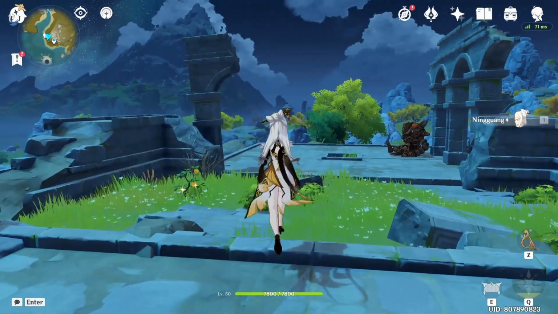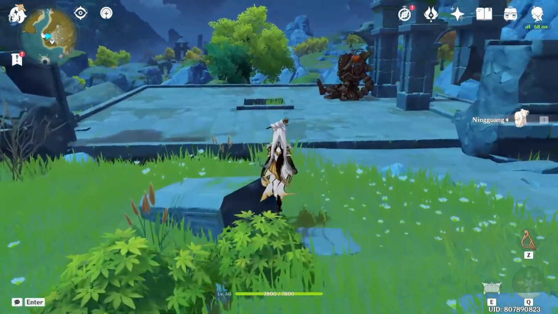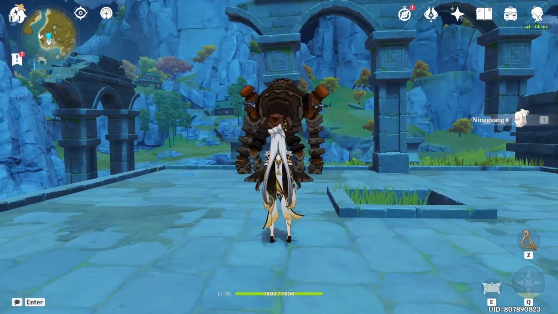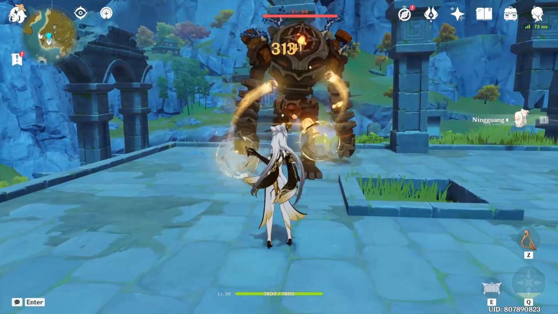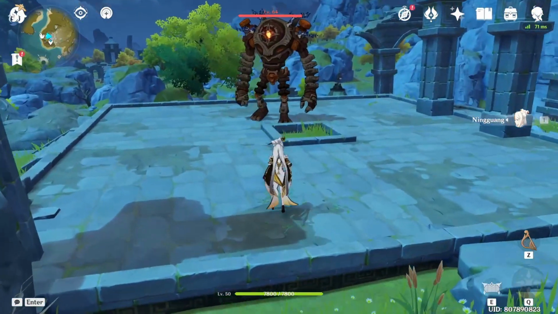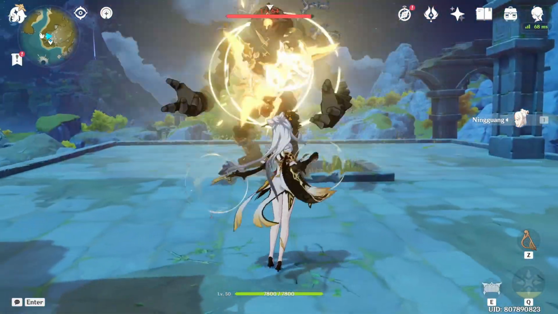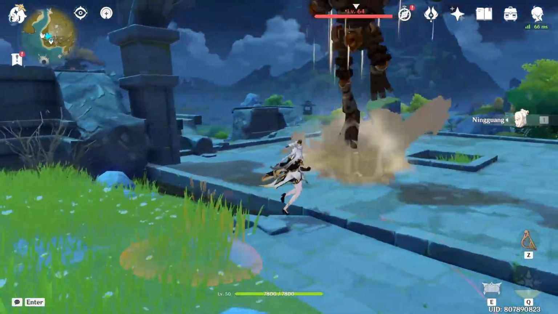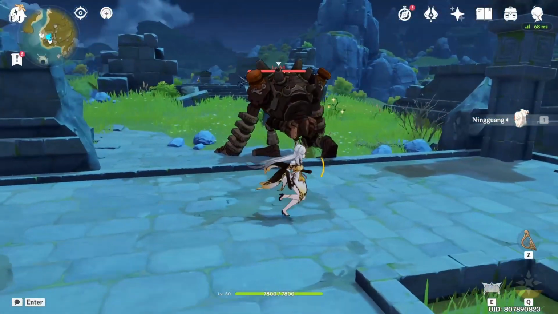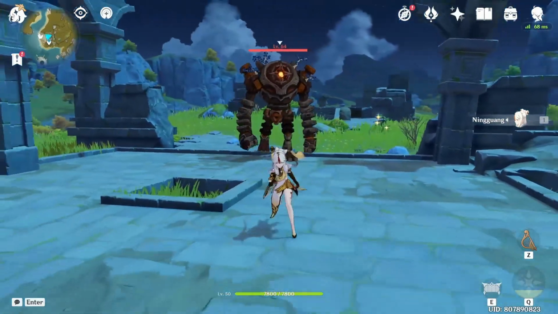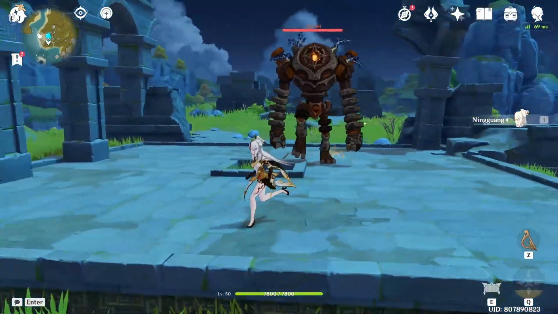If you're wondering what I'm going to be doing, I'll go ahead and show you. So wait, when he gets up, that should be about right, there we go. 1, 2, and charge attack. That's literally it. All I'm going to be doing is 2 normal attacks and 1 charge attack. That is literally all I'm going to be doing for this experiment to test whether or not I can trust the crit average, or the average crit, given by the people.